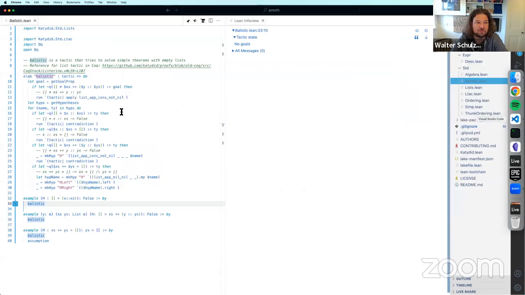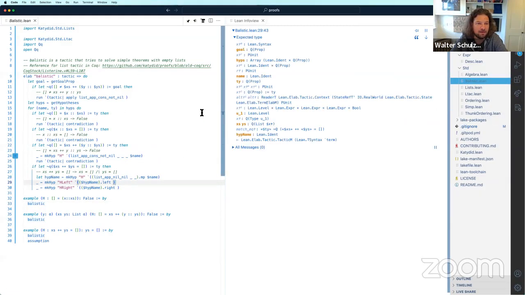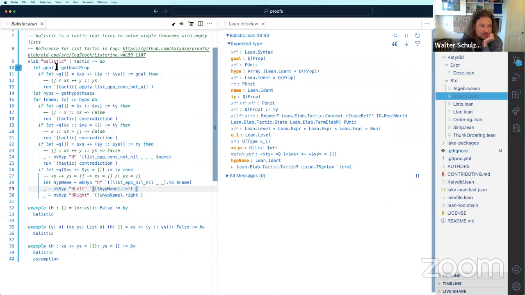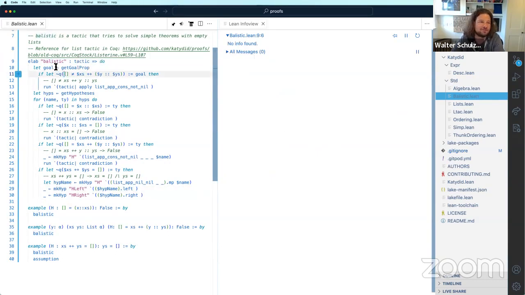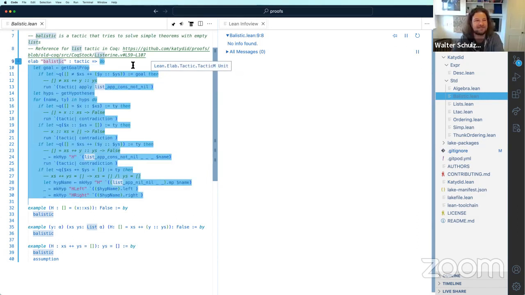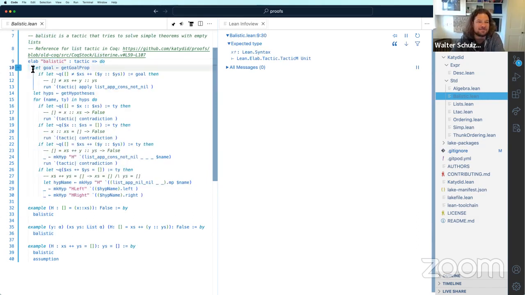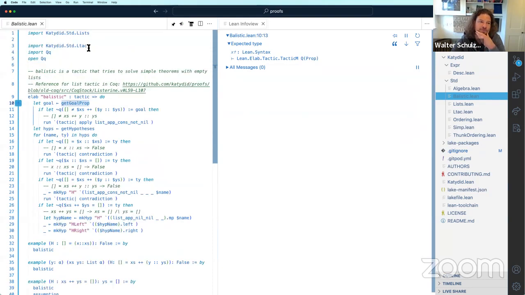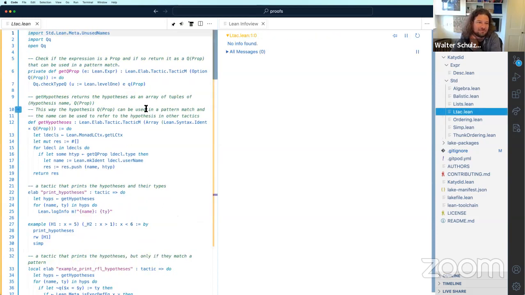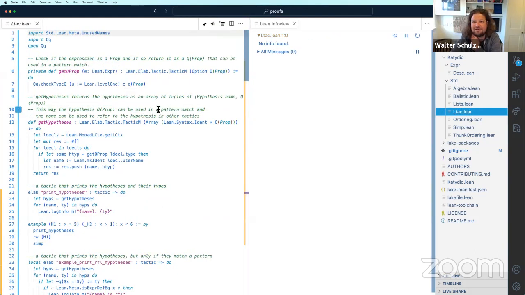We have started some work before in Lean, and we created this tactic called ballistic. So see our little pun there with list, ballistic. And for this ballistic tactic, we've built a helper library as well, which we call Ltac, because we can't find something similar in Lean yet. Hopefully someone else will build a better version of this. But until then,